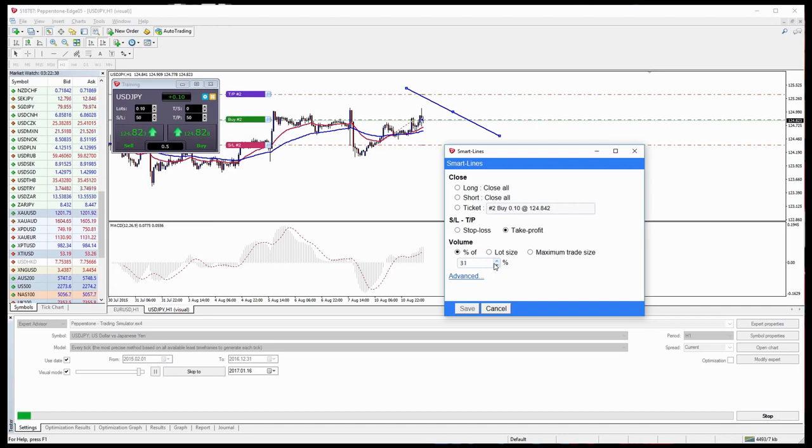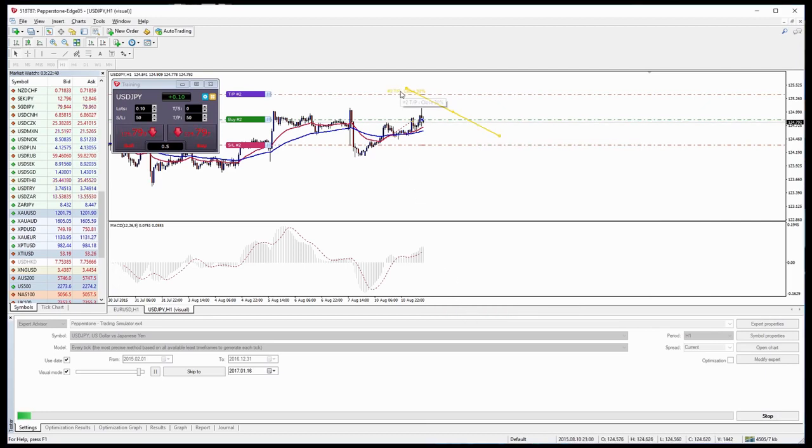And we'll select the order, in this case, this buy of 0.1, and we can press save. So you can see here that it changes the color of the line, and then we can speed up our strategy test. Now at this point, what we can see is that our order is still in, but if we scroll over, you'll notice that we actually sold 0.03 or 30% of our order at this point above where it hit the